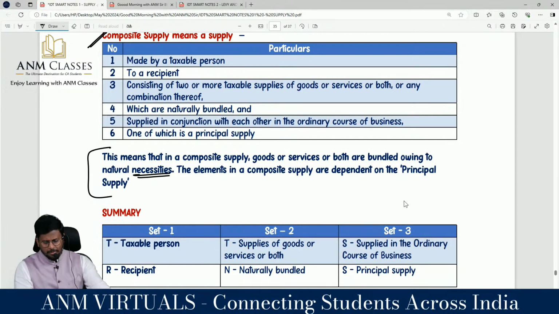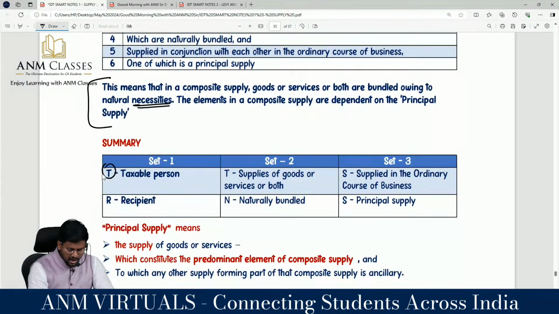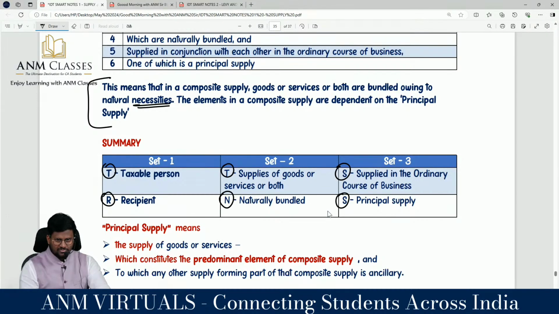Elements in a composite supply: two supplies will be there. One is the principal supply, the other is the ancillary supply. The ancillary supply will be based on the principal supply. Correct? Yes, sir. So our shortcut is TR. It should be made by